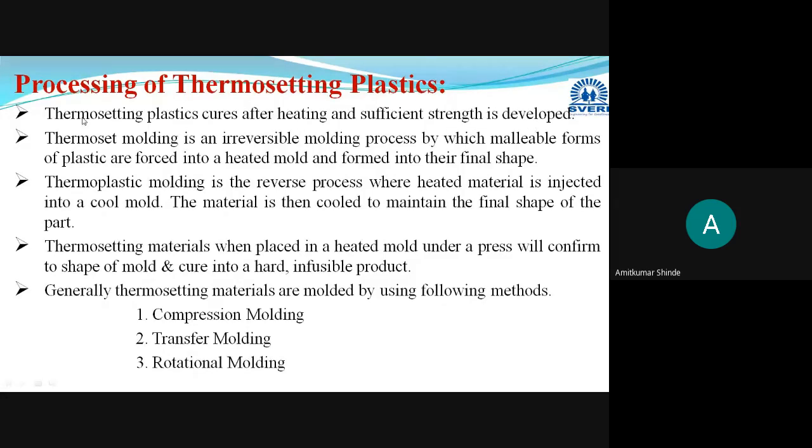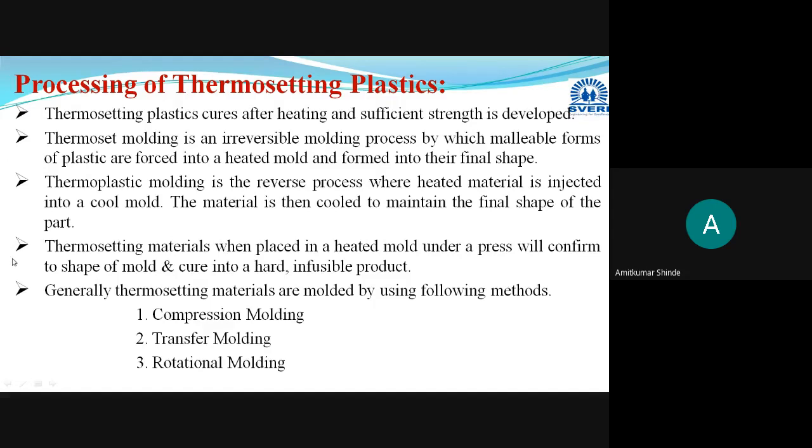Whenever you provide heat to the thermosetting plastic material, it softens and hardens, and after the hardening it gives you better mechanical strength. That is the thermosetting plastic material.